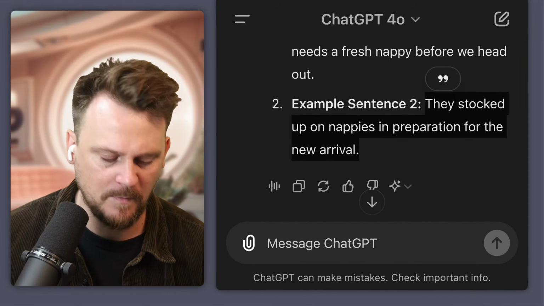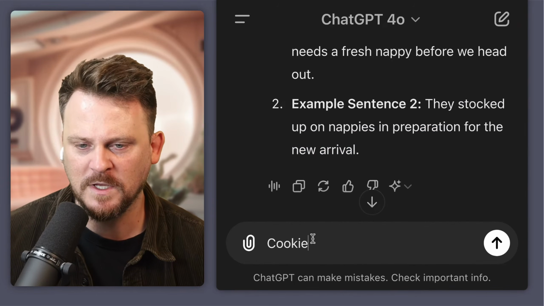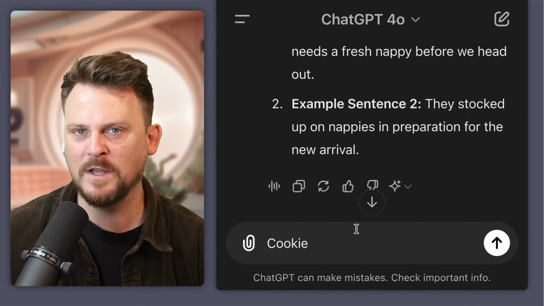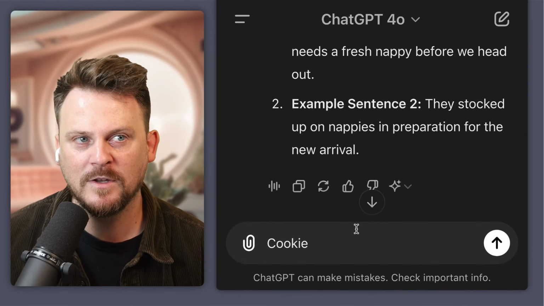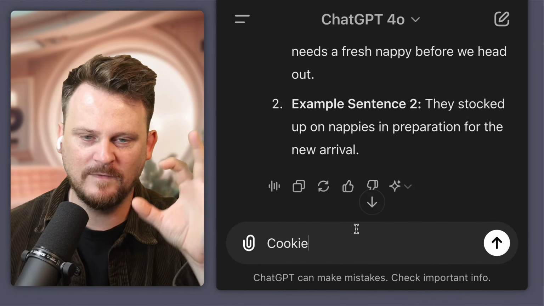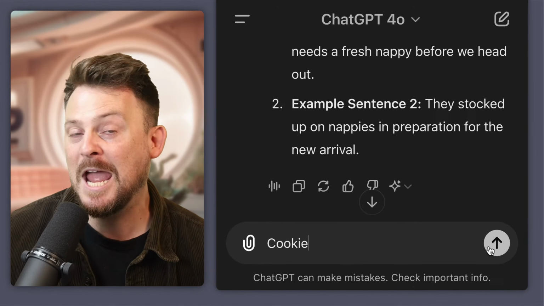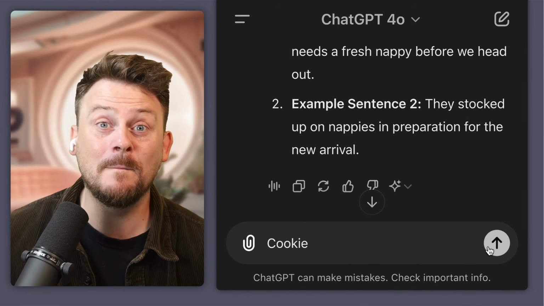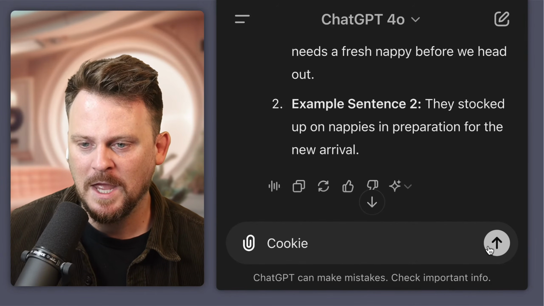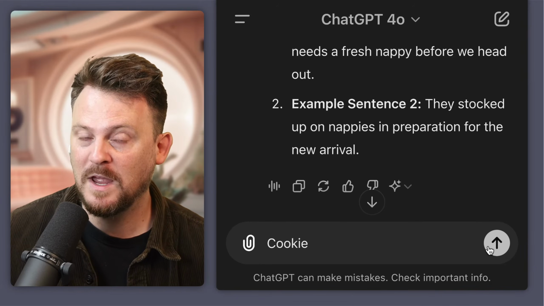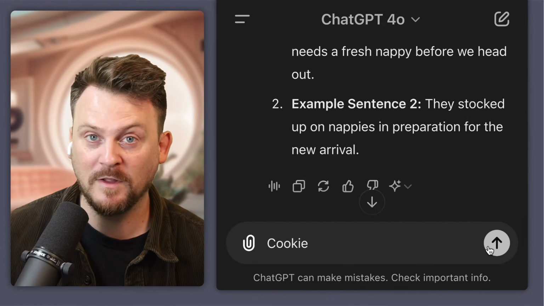Now, this is a classic debate word. This word has caused real arguments for me and some of my British friends. Cookie. Americans use cookie for anything that you eat that's kind of disc-shaped, that's sweet. It's a cookie. And we have the word biscuit, but a biscuit is a completely different thing. A biscuit is savory, and you put gravy on it, or butter. It's delicious, but it's definitely not sweet.